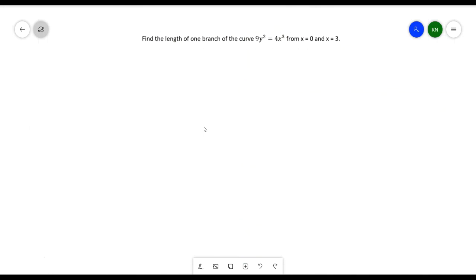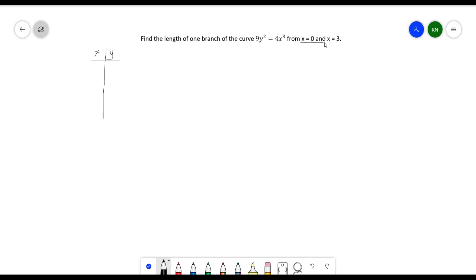So in solving this kind of problem, if you want to sketch a graph of this function, 9y squared is equal to 4x cubed, you need to substitute again some values to our x and our y. And we know that the limits of our x is from 0 to 3 only. So meaning to say, if you substitute 0 to our value of x from this function, we have y is also equal to 0. And if you substitute 1 to our x, the value of our y is equivalent to